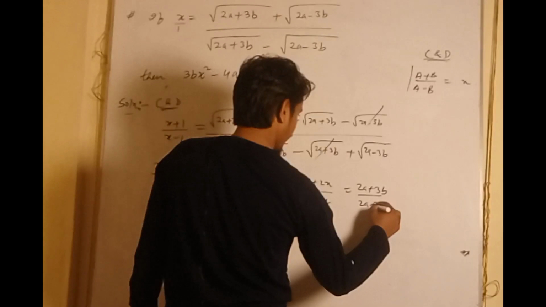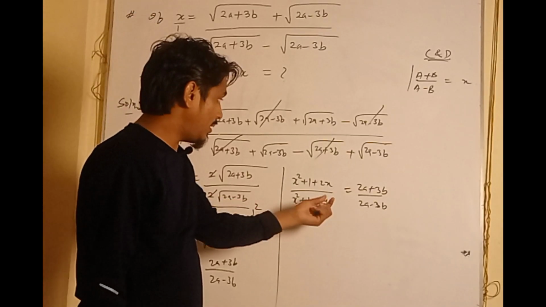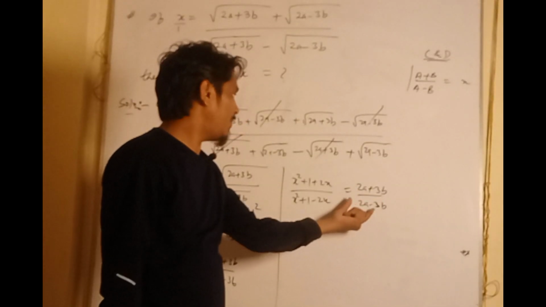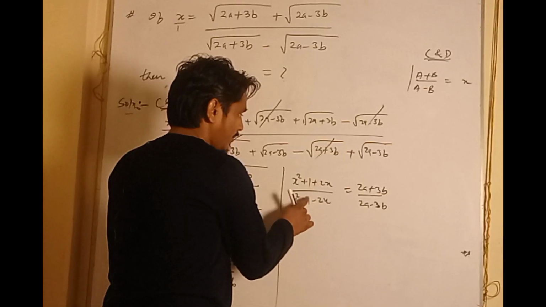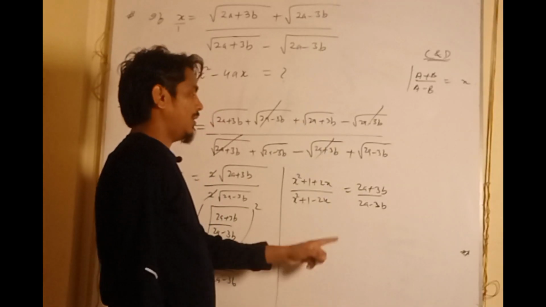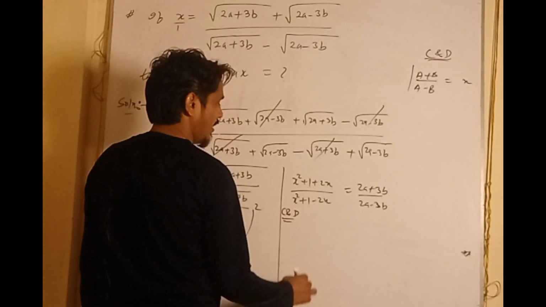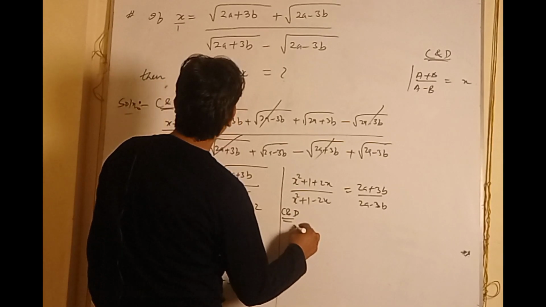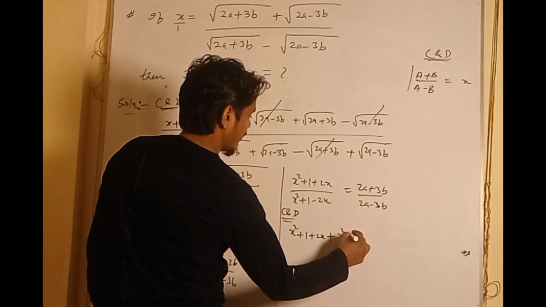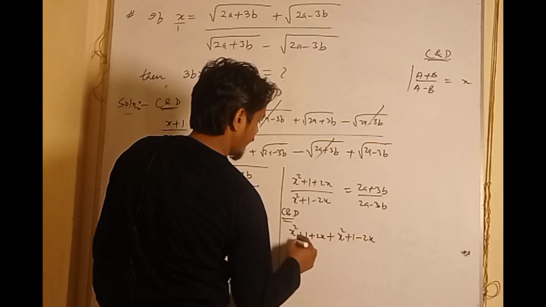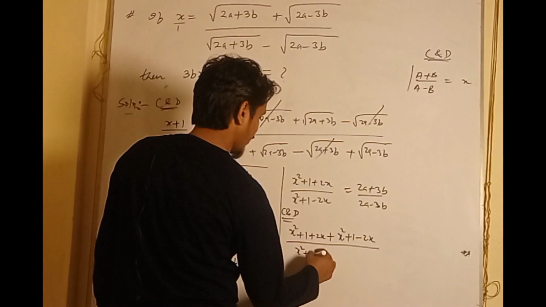(2a minus 3b). Now if we see very carefully over here, the numerator is of the same format as this one, and this one is also the same format: x square plus 1, x square plus 1, and plus 2x here, minus 2x. So again we'll apply C and D. Once we apply C and D, the numerator will become x square plus 1 plus 2x, and then again x square plus 1 minus 2x, over denominator x square plus 1 plus 2x